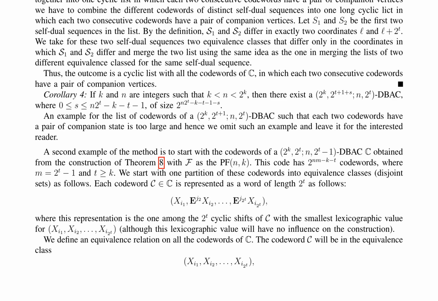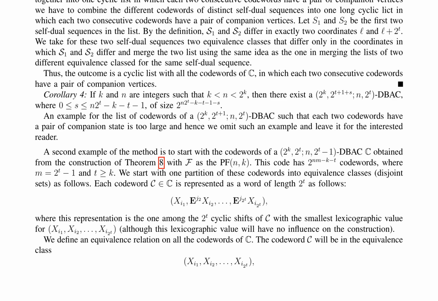A corollary presented states that if k and n are integers such that k < n < 2k, then there exists a (2k, 2t+1, s, n, 2t) DBAC of size 2^(n·2t−k−t−1−s), where 0 ≤ s ≤ n·2t−k−t−1. An example of this list of codewords is too large and hence omitted, leaving it for the interested reader to explore further. A second example of the method is to start with the codewords of a